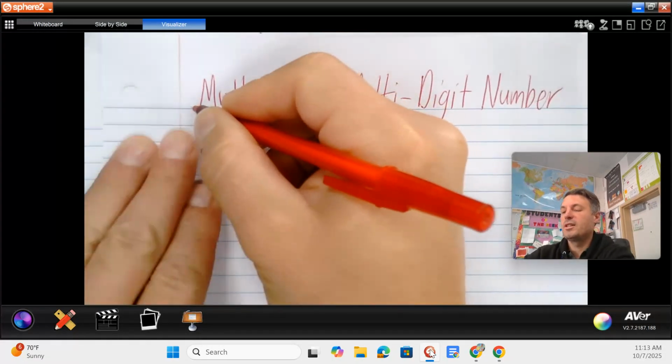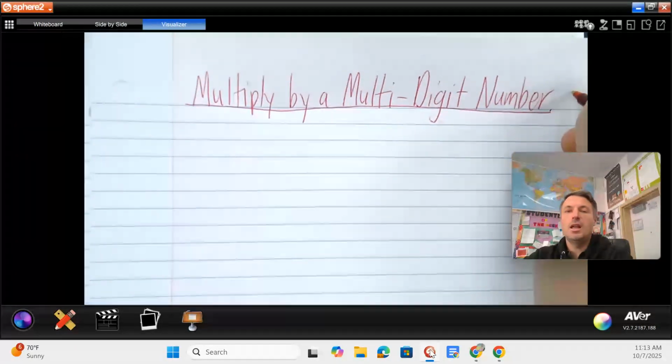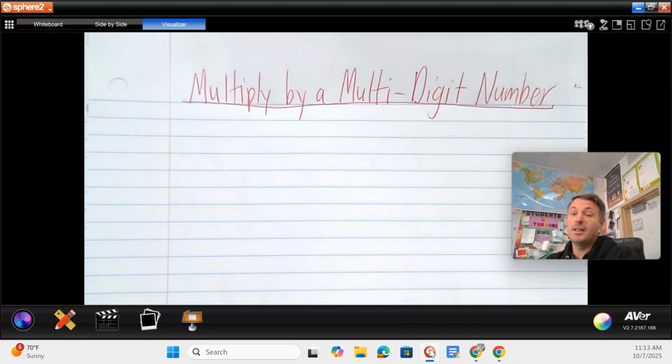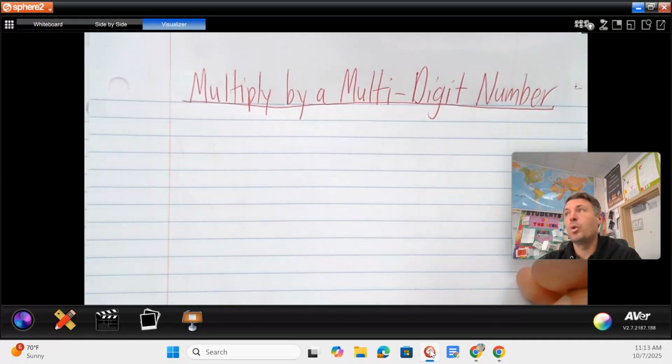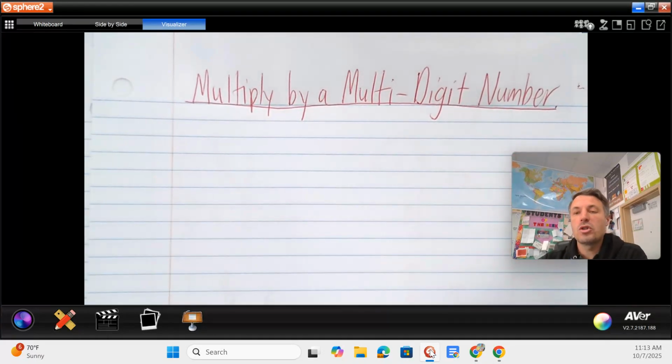Today we're taking what we've already learned in this chapter and we're just applying it to larger numbers. Also, the way we're multiplying today, one of the factors will still be a one-digit number. So first let's look at an example of the kind of problems we've already learned how